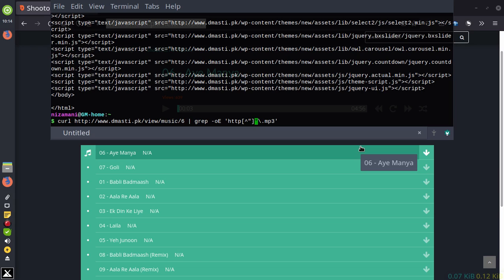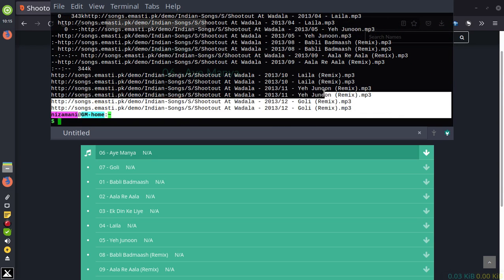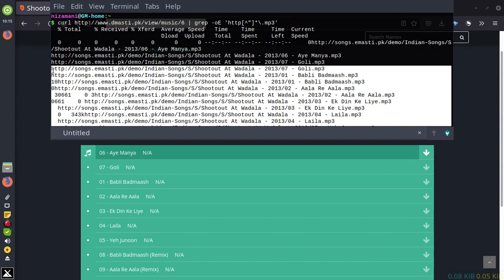That's why we escaped it. We can escape any special character, so we escaped the dot, so we find .mp3 at the end. So when we press enter, you can see we are getting some pretty good results as simple raw